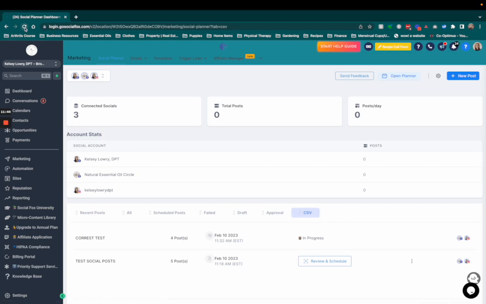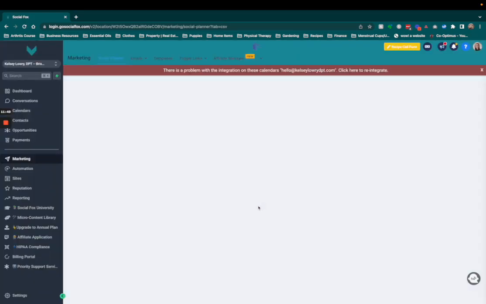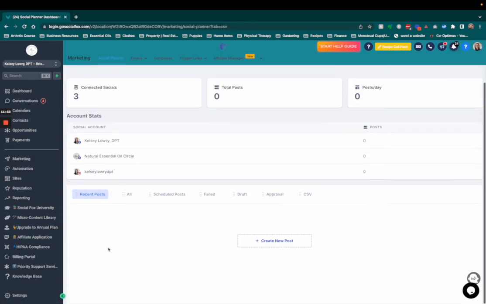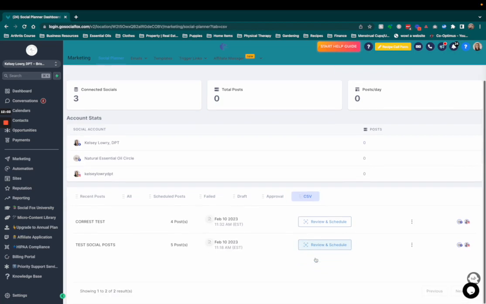So if you just were to bring up your dashboard, that wouldn't be default selected. You can see typically it comes here to recent posts, and the bulk uploaded posts won't show here yet. So you have to go back over and click on the CSV section down here. Now you can see these test social posts. I'm going to go in and review and schedule those,